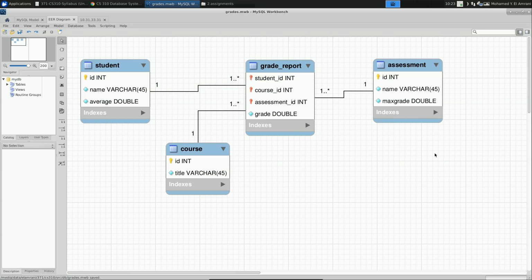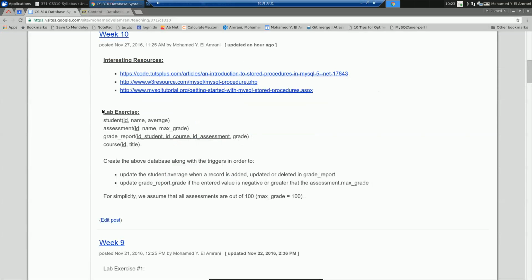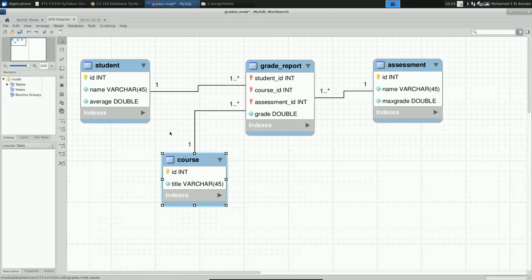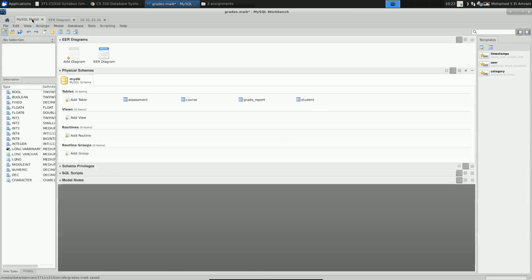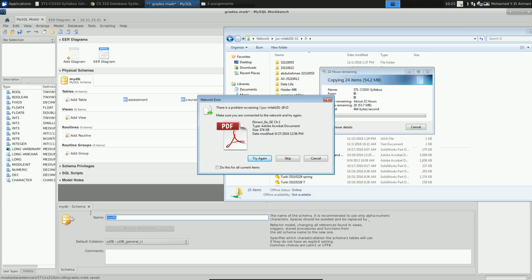Okay, so this is the database that we would like to work on. With all these, I just designed it. I did not push it through the database server for now. Let's just give it a name, so when we forward engineer, it is going to be